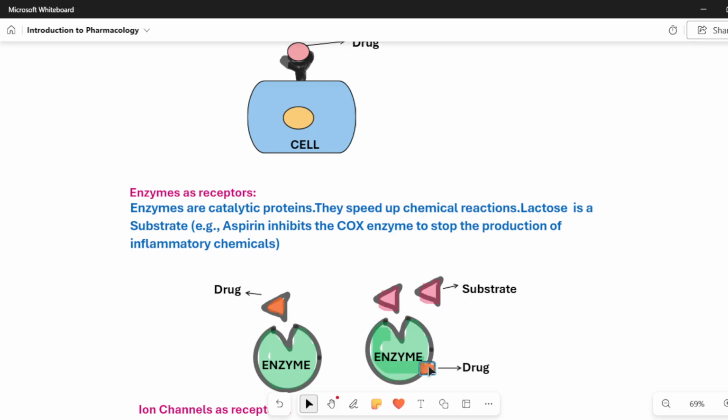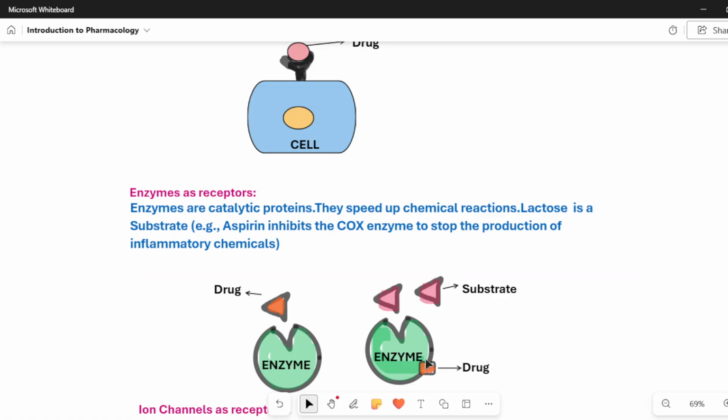Similarly, in another form, the drug goes and attaches at another place on the enzyme, not the active site, so that the structure of the enzyme changes. The substrates, for example lactose, enter this enzyme, get modified and get released into the blood.